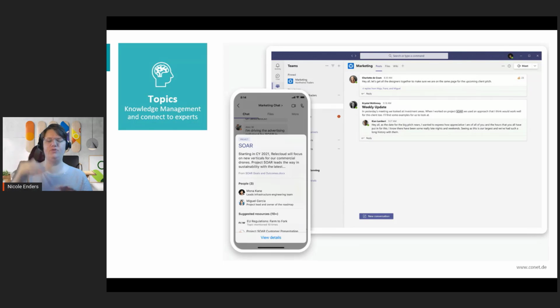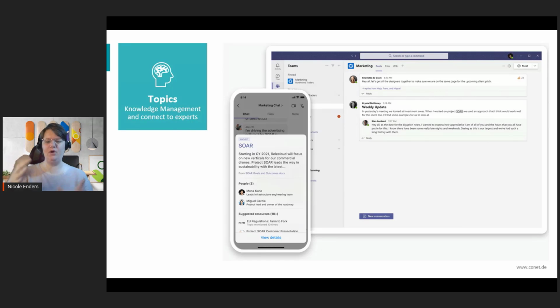So you can add a description. And then you will get more information. You get a list of all documents which contain this topic. You get a list of all people who have something to do with this topic. Maybe they wrote some documents or articles or messages where this topic is included, or maybe they use this topic as a skill. So you also get this information.